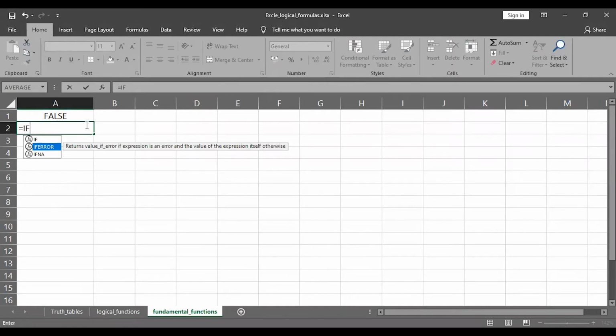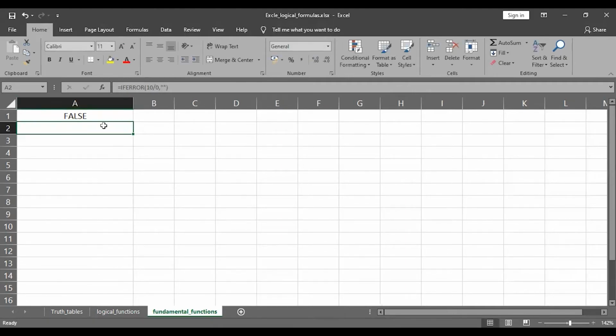So it expects two arguments, the value and the value if error. So it's 10 divided by 0, and what I'm going to do is return me there is an error.